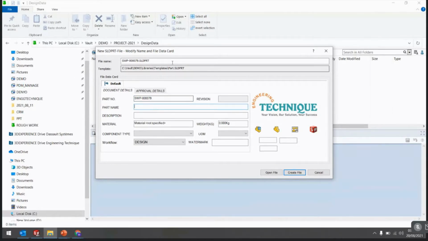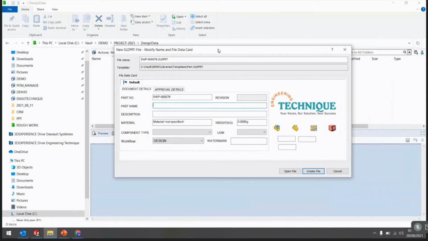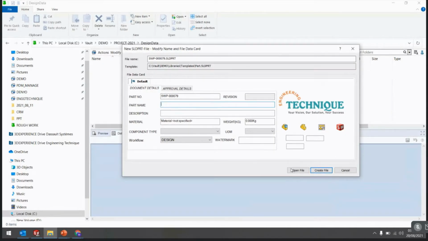And while creating the file, it pops up the data card window. Here we can take all the mandatory values, right? So that those values are entered while creating the file. Here I am entering the part name, like box, right? And its description, like square box, right?